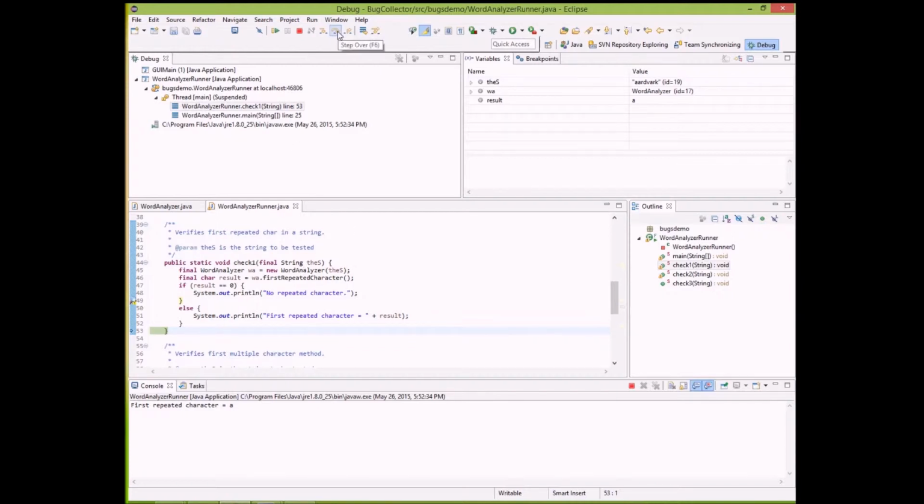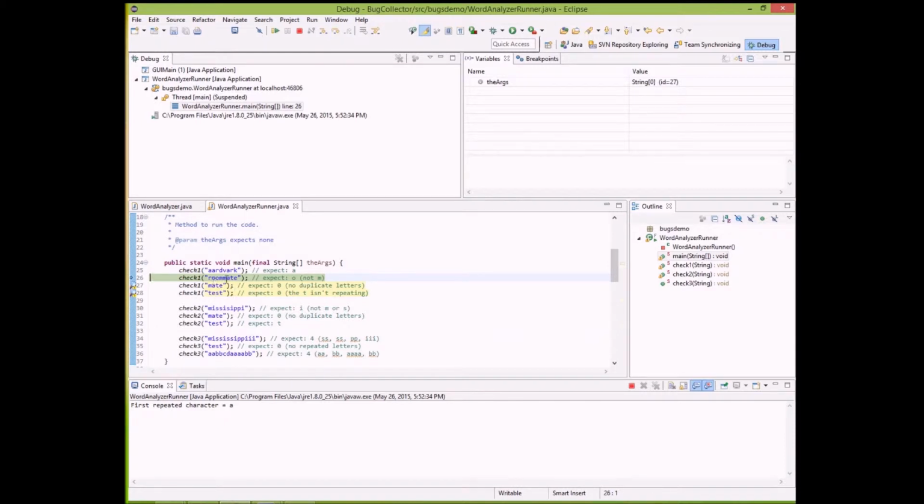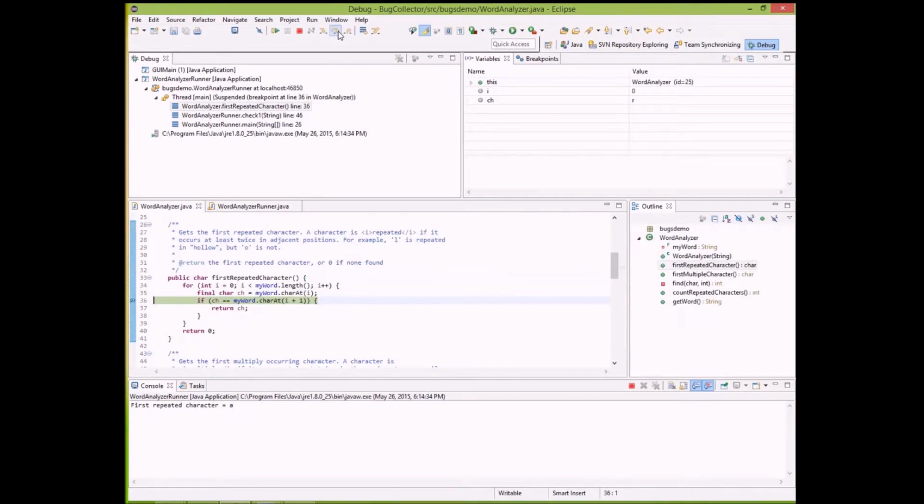And now it's at the bottom, so it's going to jump back down to check one, roommate. It's going to go through here for roommate. So our line is moved back here to roommate, and if we either step into it or step over it, it's going to go back to our breakpoint, wherever we set it. That's going to be kind of our main line running through there. So let's just step into it, and it's going to go back to our breakpoint as if it was running normally, but then it stops at the breakpoint, and here we are at R